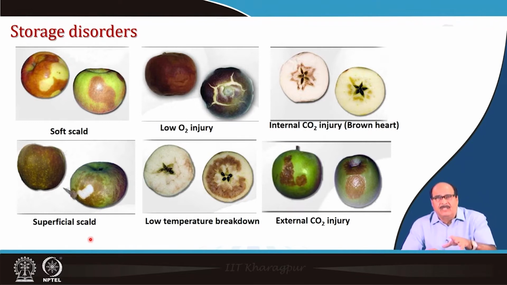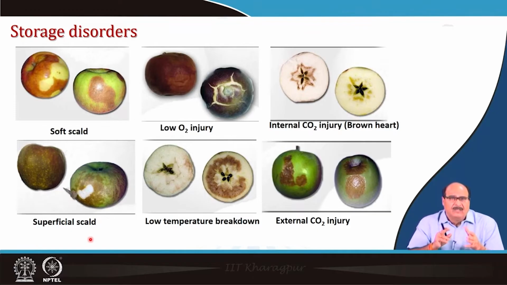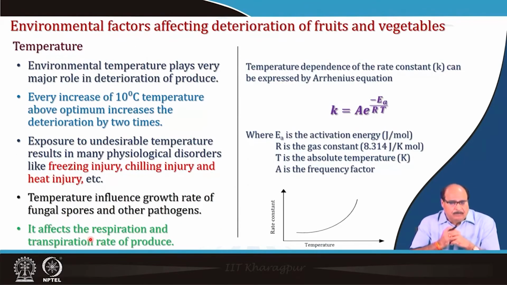So, different types of injuries or damages due to disorders, particularly improper environmental conditions like temperature, O2, CO2, etc. When they are not managed properly, then these may result. These are pictures showing the important major storage disorders of major fruits and vegetables. Apart from this, in earlier classes also, when we were discussing respiration and transpiration, we discussed these